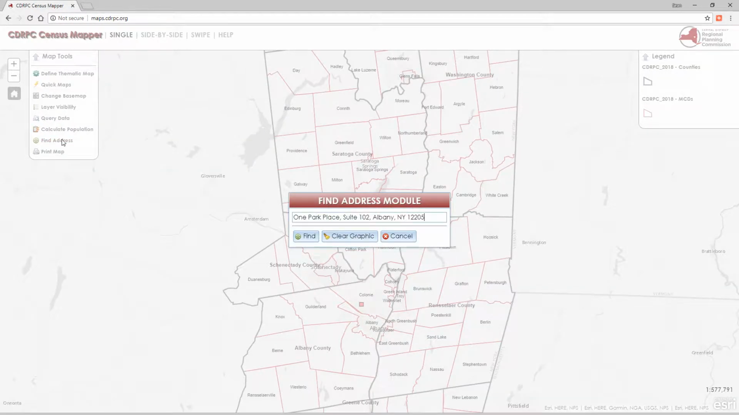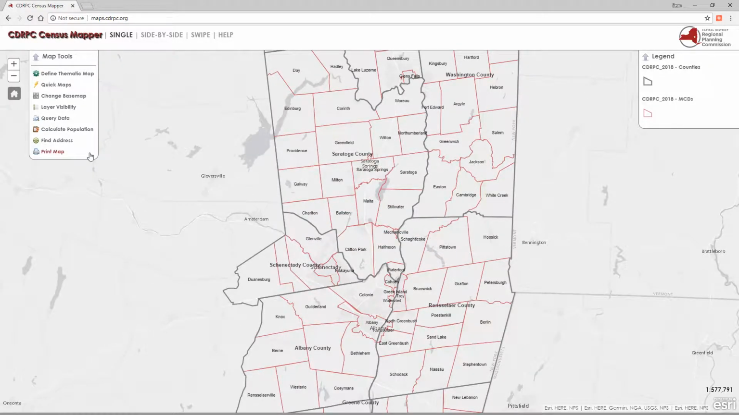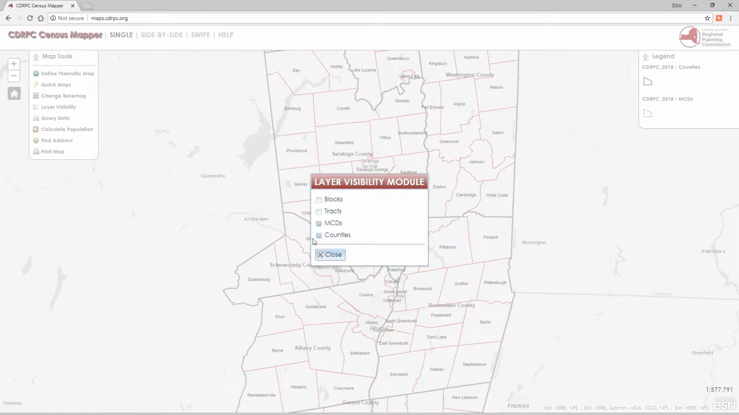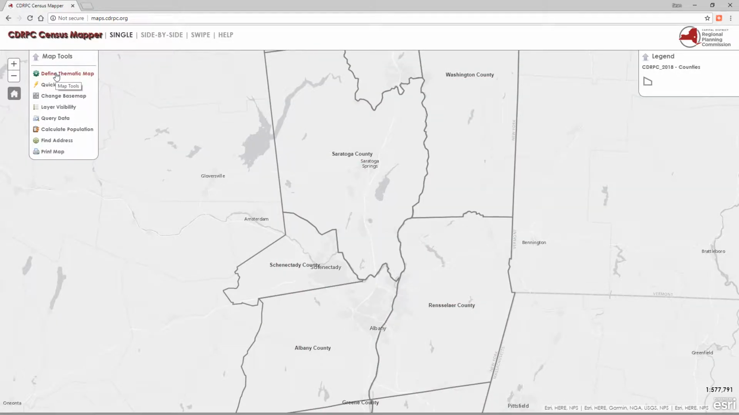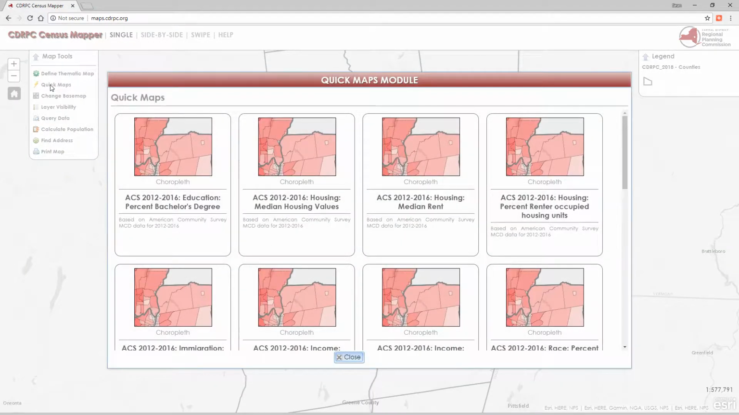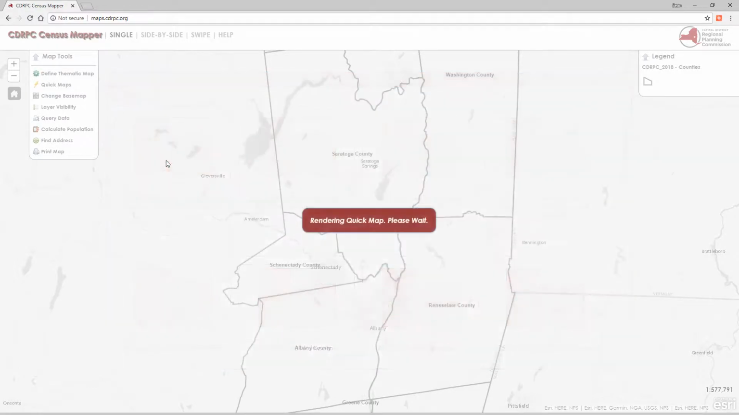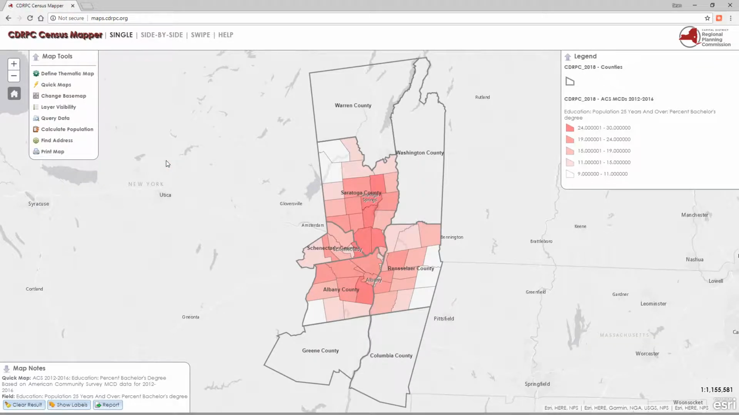If you want to remove the dot, you hit Find Address again and clear the graphic. I'm going to remove layer visibility, and I'm going to do one last demonstration here, which is to hit Quick Maps again, pick a particular quick map, and you can do this with any map that you've made,